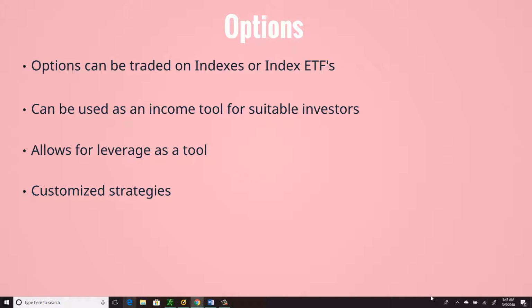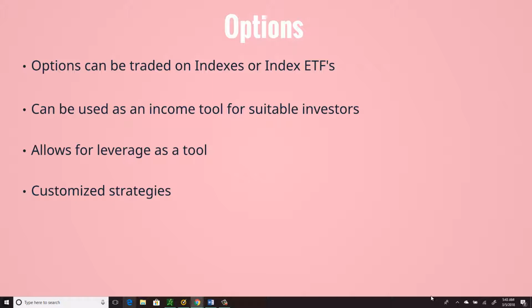Once again, check with your tax accountant for specific tax effects on your account. But there is typically, for many investors, a tax benefit to trading the index option. And the tax, because they're taxed very much like futures contracts, which has typically 60% of the gain taxed at the long-term capital gains rate and 40% at the short-term capital gains rate. So a lot of investors will go to index options instead of index ETF options because it gives them a